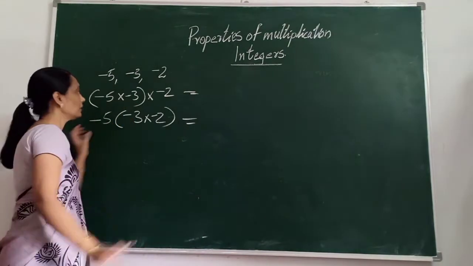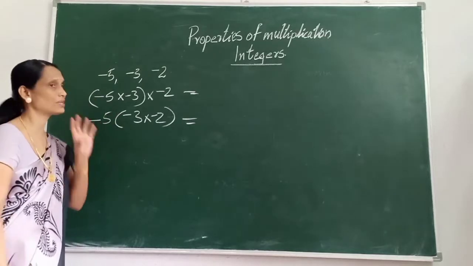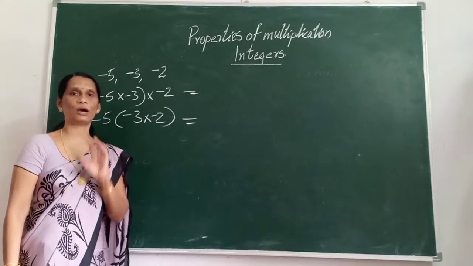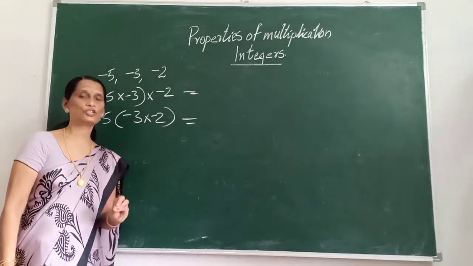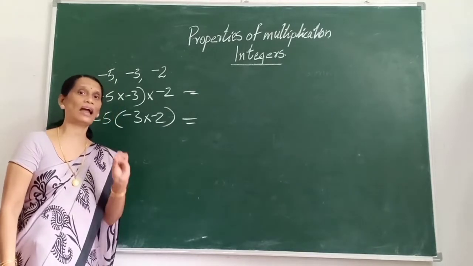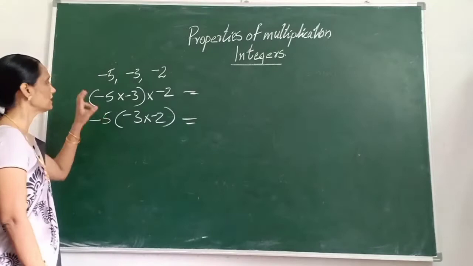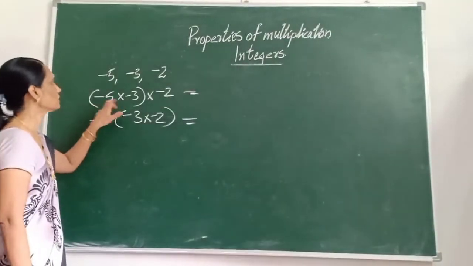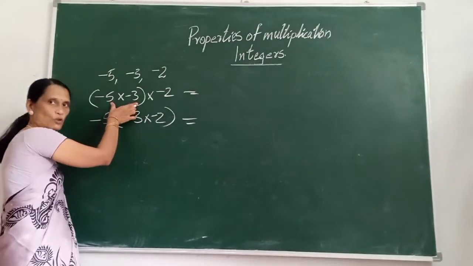So here you already know that whenever any operations are in the bracket, you have to solve them first. BODMAS rule that you have learned in your lower classes. Bracket open, division, multiplication, addition, then subtraction. First of all, if there is any bracket, you have to open it first. So here minus 5 and minus 3 are in the bracket. So first of all, let us do this operation.